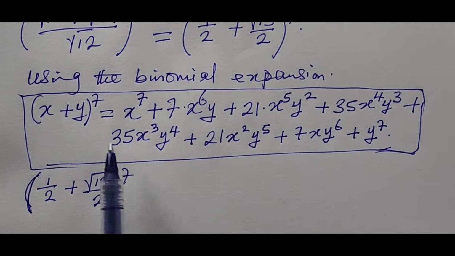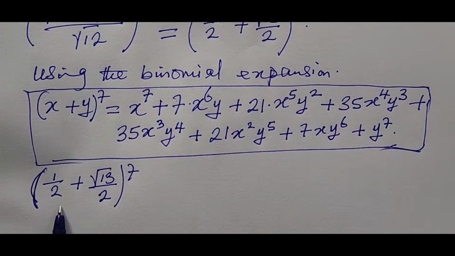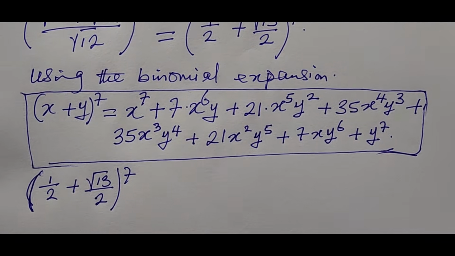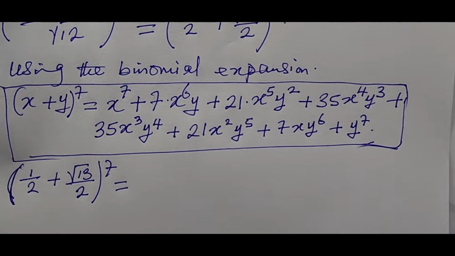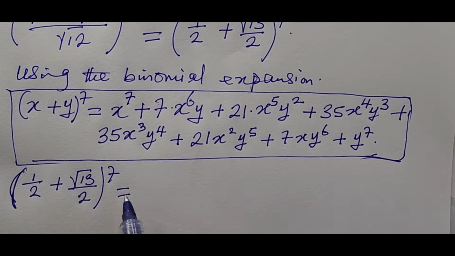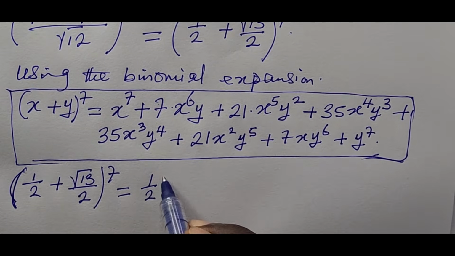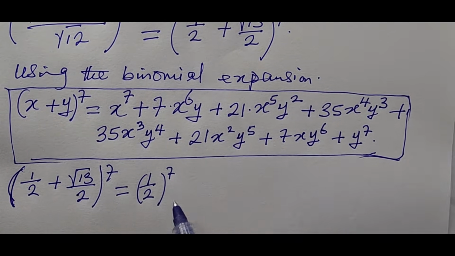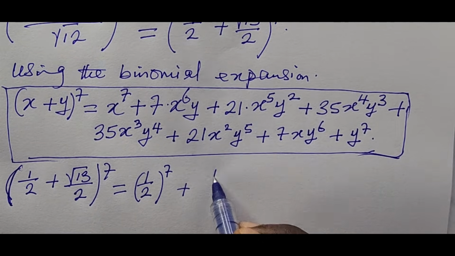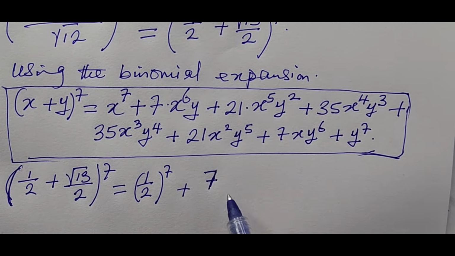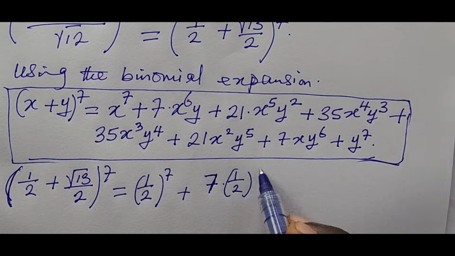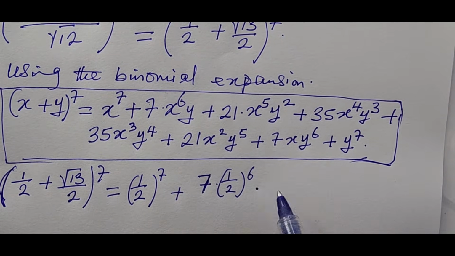Now, we're going to take our x to be 1 all over 2, and our y is root 13 all over 2. So let's take it gradually. The first term is going to give us 1 all over 2 all raised to the power of 7, then plus the second term, which gives us 7 as the coefficient, times 1 all over 2 all raised to the power of 6,